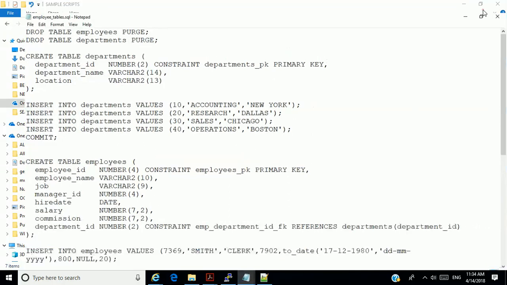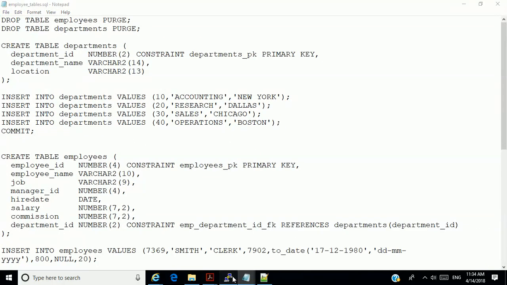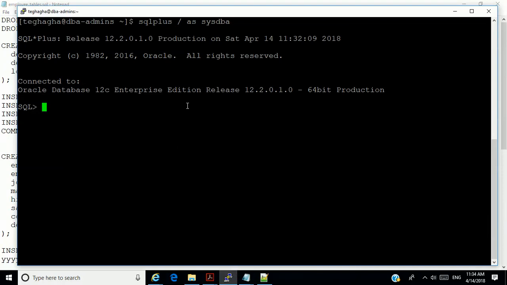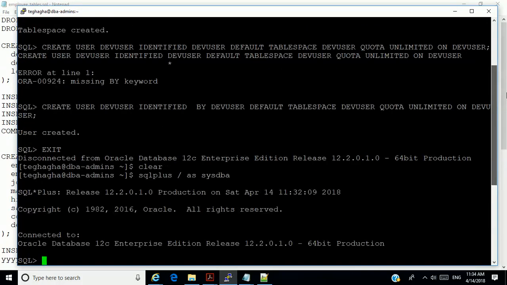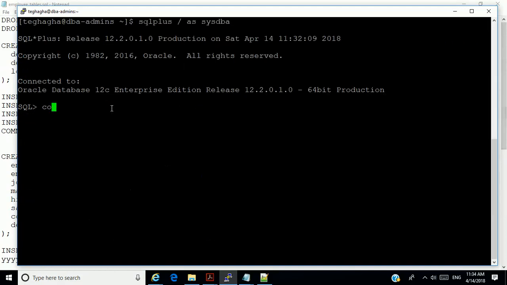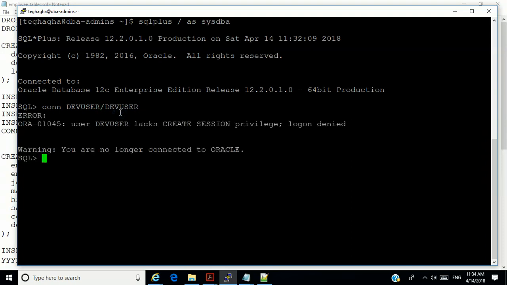Okay, so right now I'm going to connect as the new user I created. Remember what the name is? Dev user. Okay, connect. You don't need to log out. When you are logged in already, you can just change user by putting a con. Oh, sorry. I created a user, but you know what I did? I did not give it privileges, okay? So the user exists, but he doesn't have any rights.